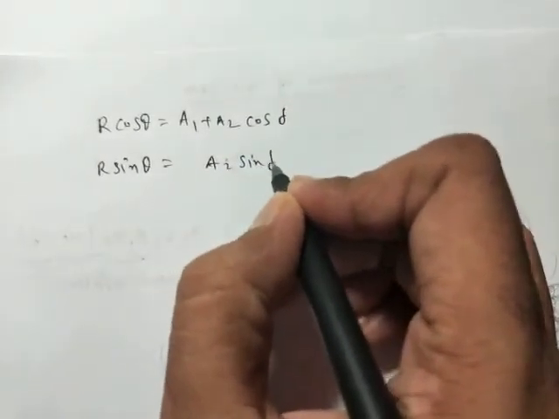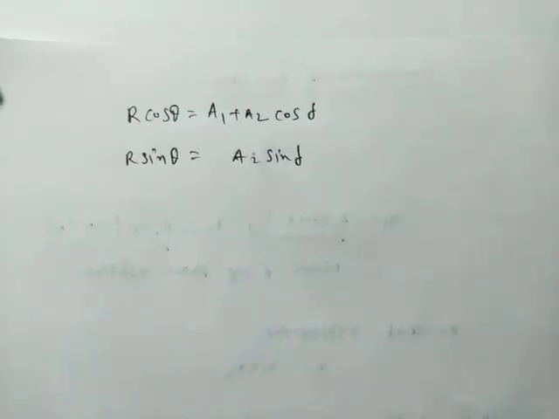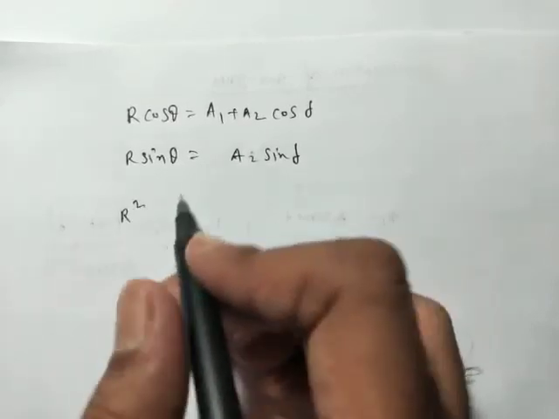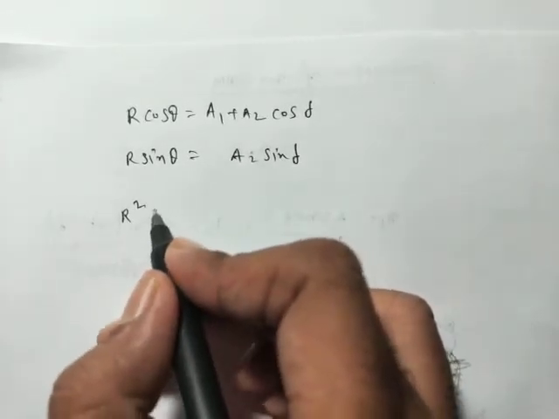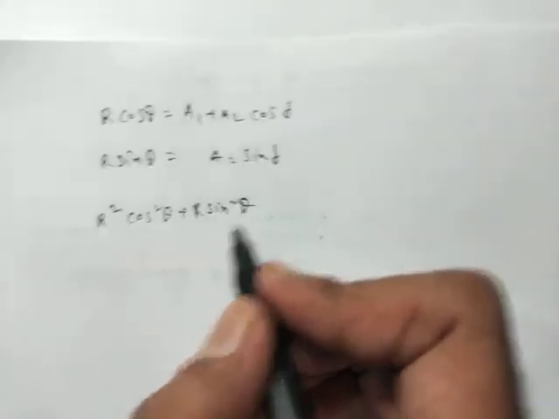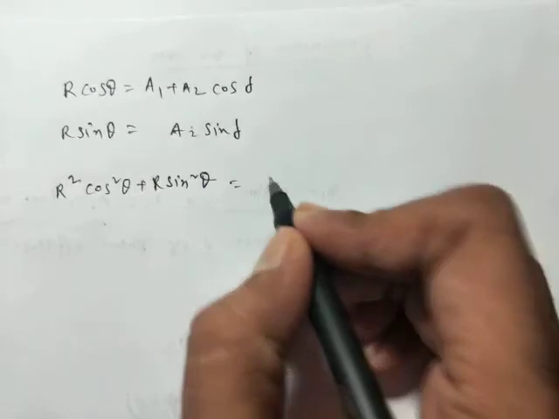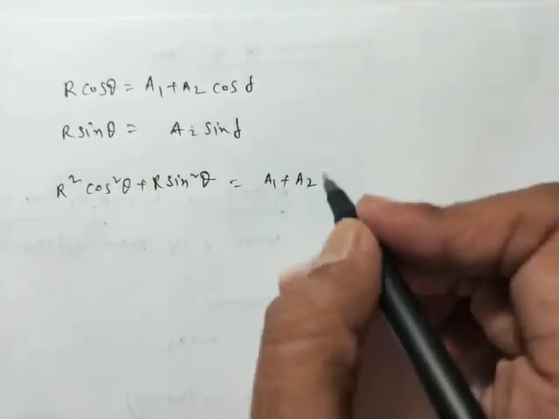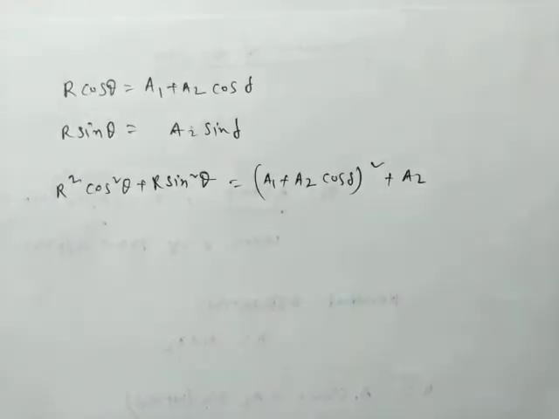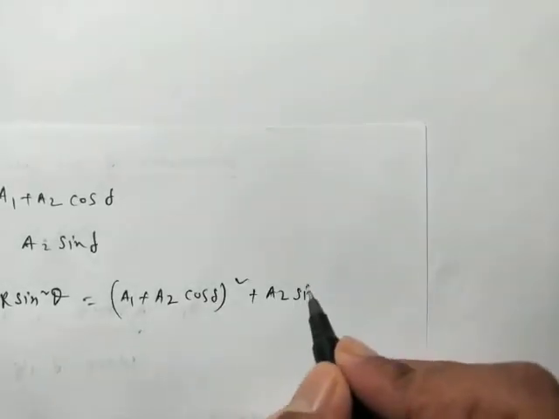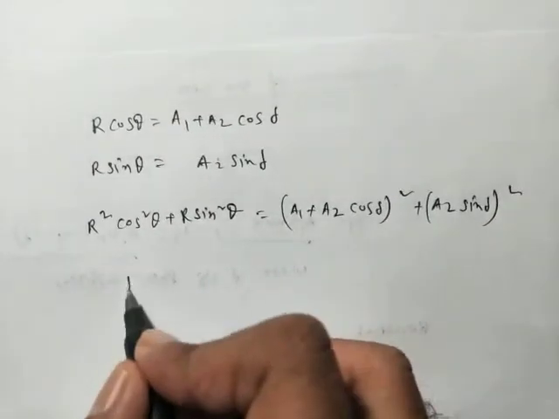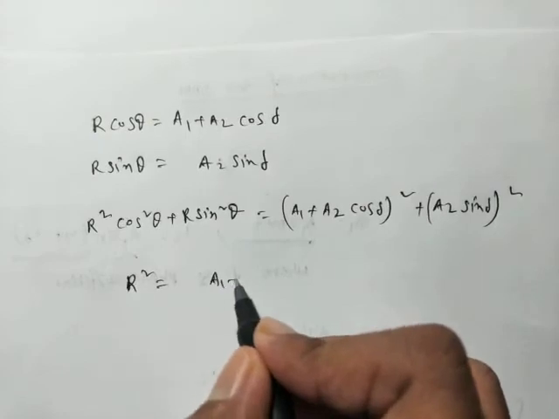So if we square and add them, then we will get r square cos square theta plus r square sin square theta is equal to (a1 plus a2 cos delta) whole square plus (a2 sin delta) whole square. So it will be r square is equal to